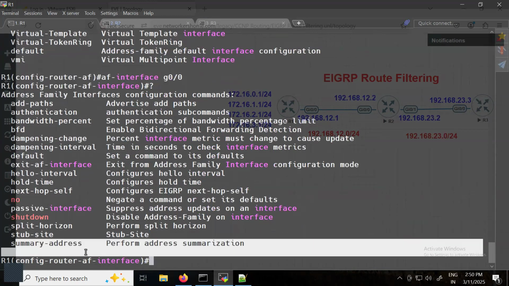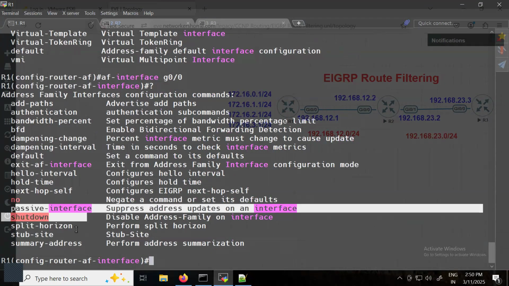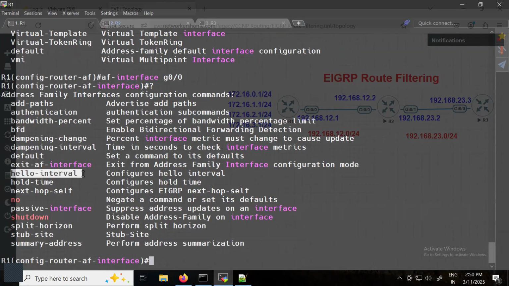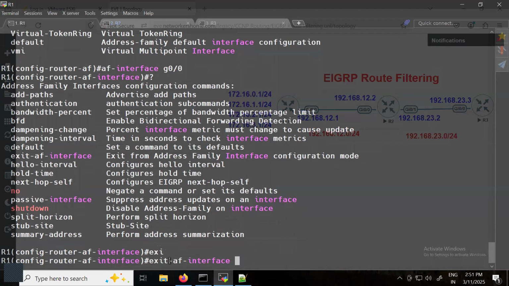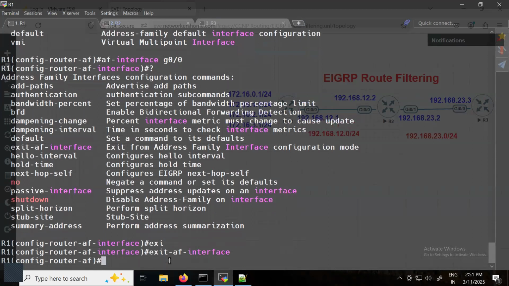You can configure the summary also. You can configure split horizon, passive interface. These kind of commands, you want to change the hello interval, hold time. So all these commands we can do here. This is clear. That means any interface specific configuration can be done inside the address family interface. This is the command. And if you don't want to do it, exit AF interface, and I can use the